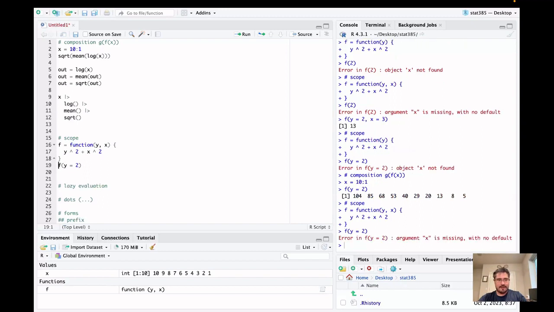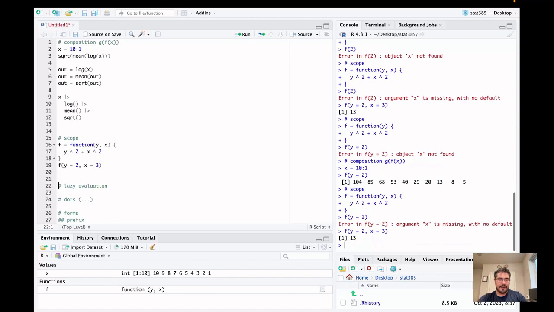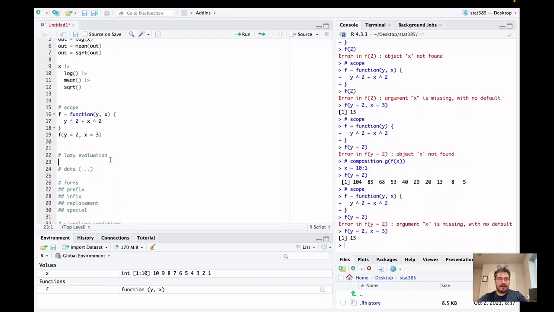And of course here we get the error in which x is not supplied. Okay. Lazy evaluation. All right, so let's see here. So let's say I create my function